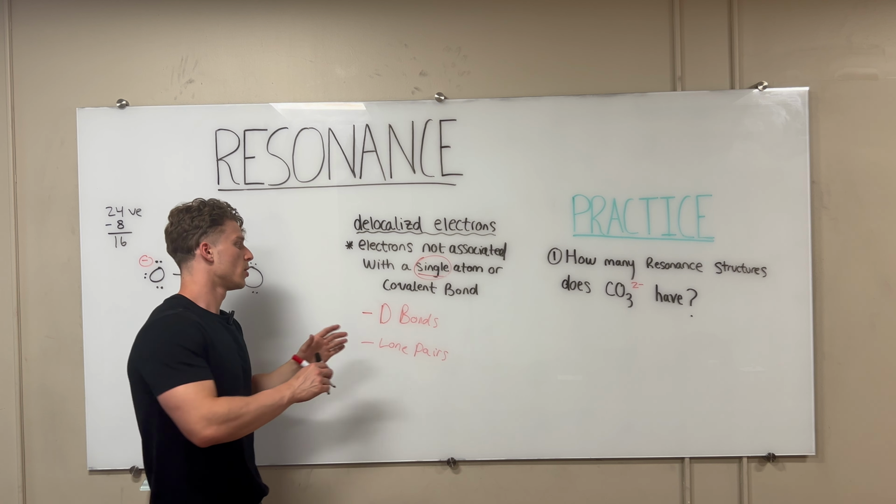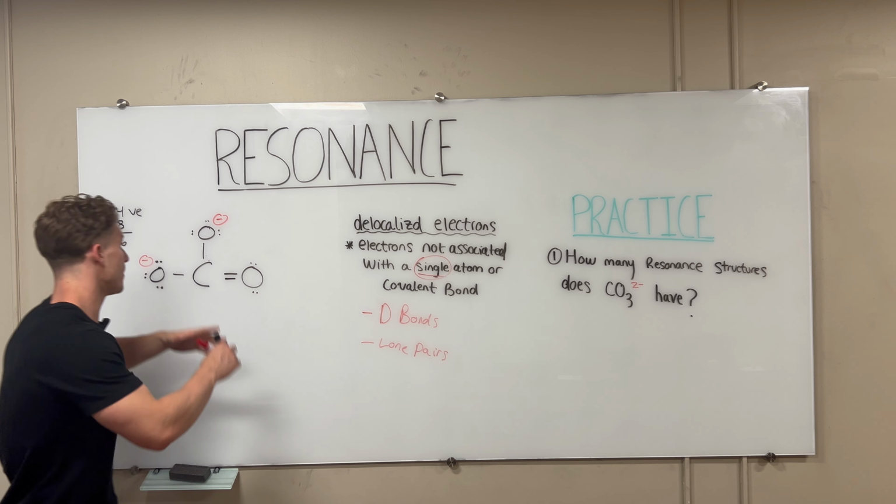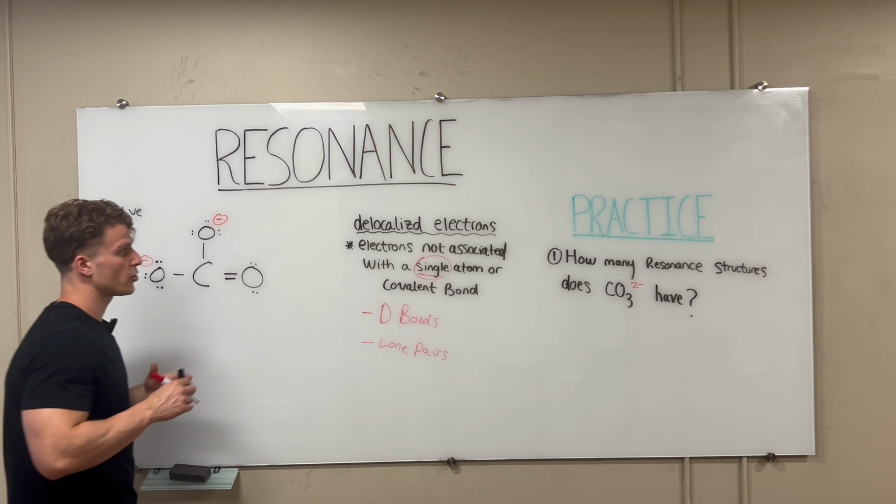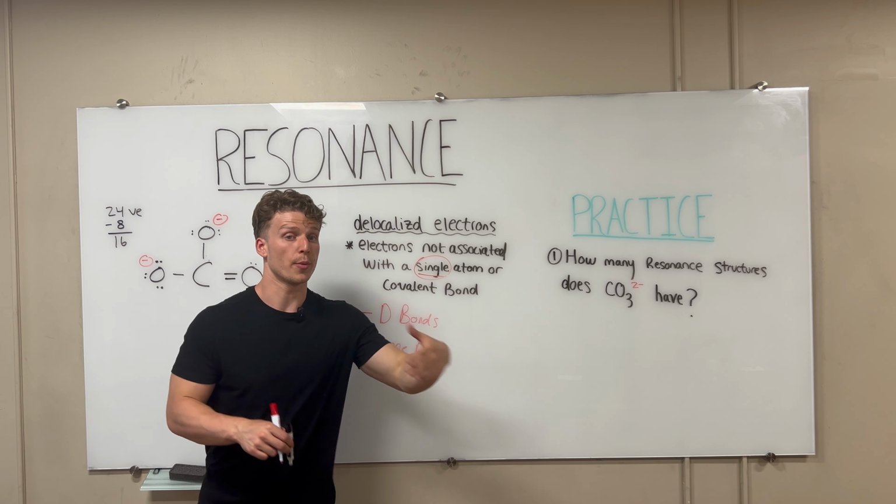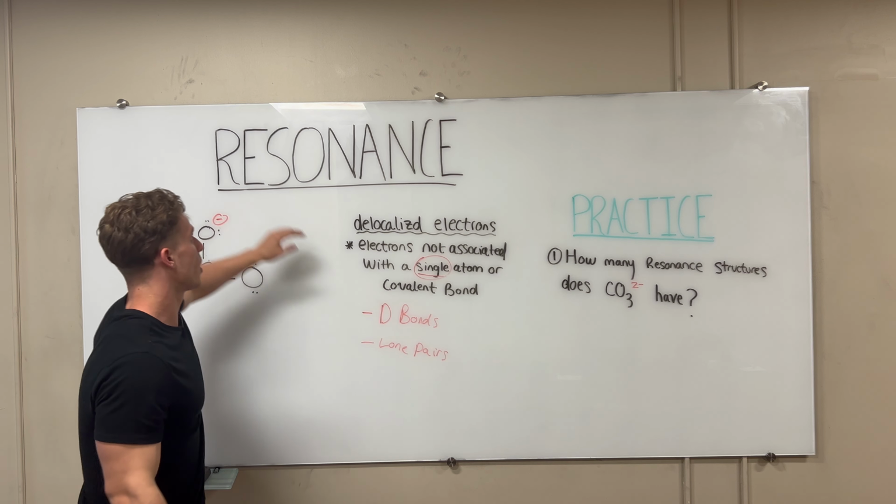delocalized electrons. You have these double bonds and lone pairs that can be moved around. And anytime you find yourself making an arbitrary decision where you're putting lone pairs or double bonds, you want to be on the lookout for